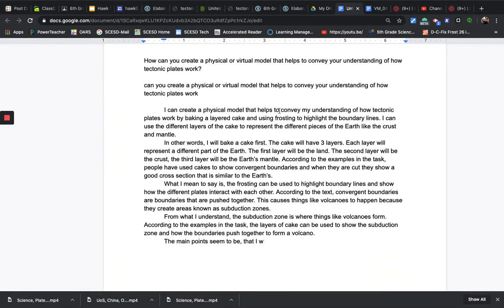So I can create a physical model that helps to convey my understanding of how tectonic plates work by baking a layered cake and using frosting to highlight the boundary lines. I can use the different layers of the cake to represent the different pieces of the earth, like the crust and the mantle. I can just take this posed idea and reword it and repose it down here as long as I feel like it encapsulates everything that I talked about in the body paragraphs. So I'm going to do that. The main points seem to be that I can bake a cake to represent the Earth's